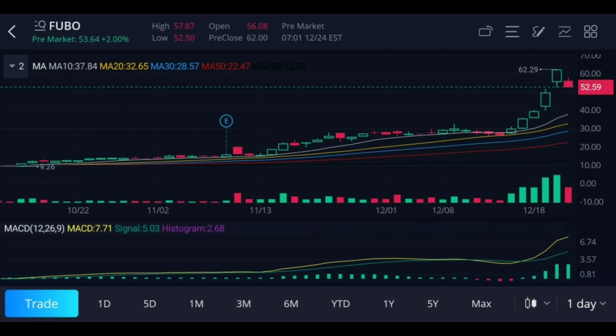Now we can move on and talk about something else, such as how you can continue to take profits from your shares of stock without having to sell your stock. And pretty much in a case like this, where you see the stock that you're holding dropping, you can actually profit from that and then use that profit to buy more shares at a lower price. So that's what we're going to discuss now.